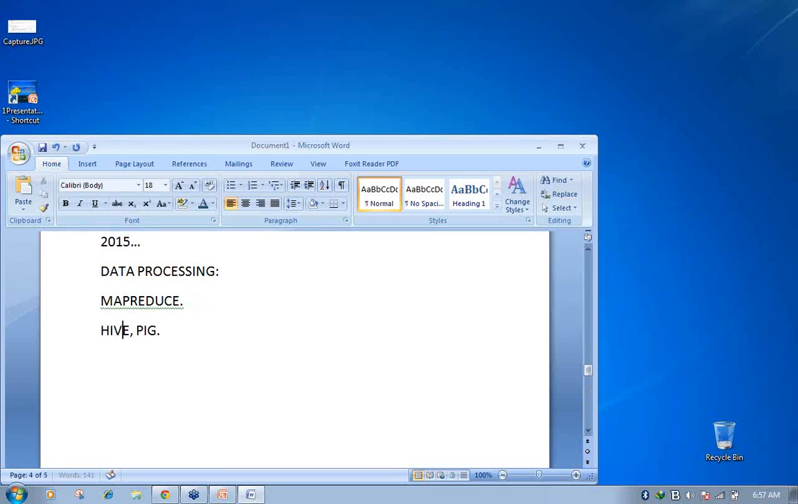Suppose you don't know MapReduce, then we'll write the queries on Hive. So Hive is like SQL-like programming. Like, see, we'll have create table-like syntaxes in Hive. Okay, so Pig is a data flow language,